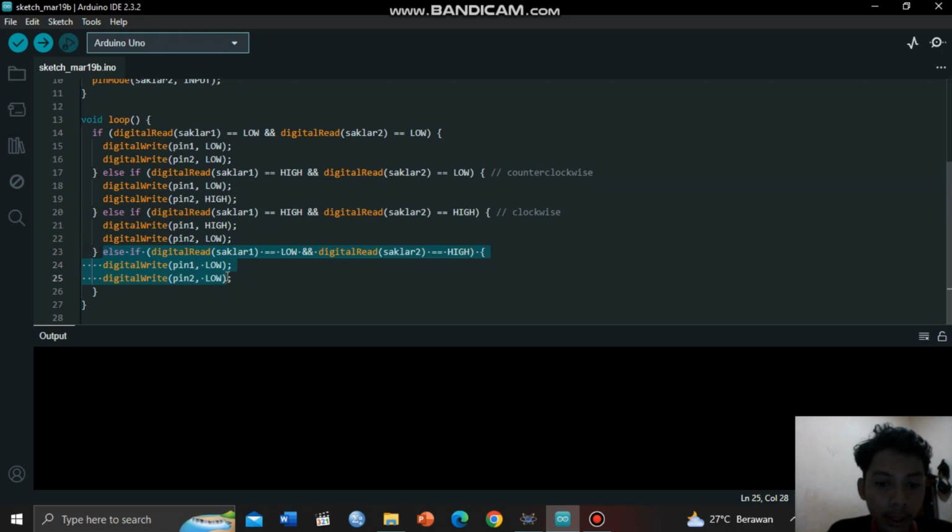Then this program mesh if A0 is low and 1 is high, or the ON switch is off and the CW or CCW switch is on, then the circuit is dead.